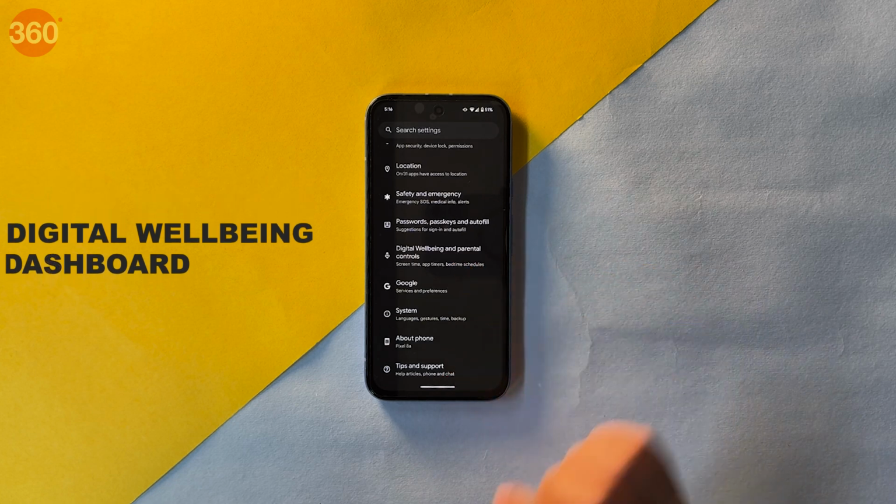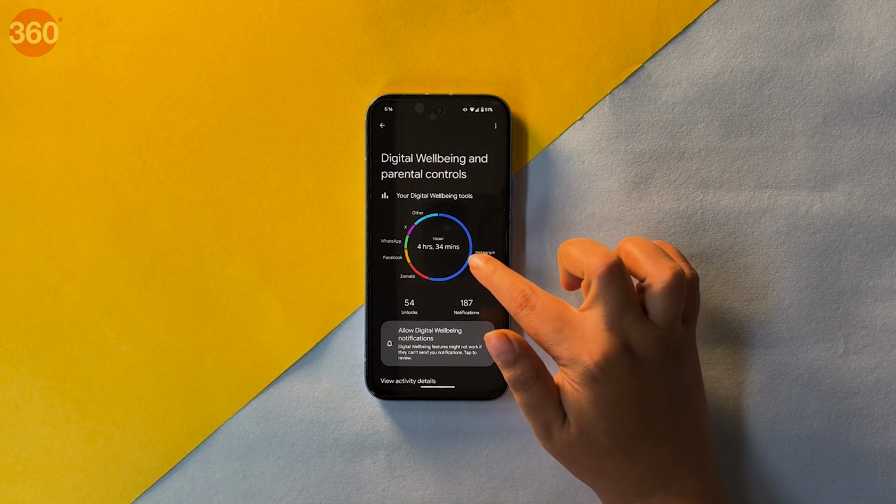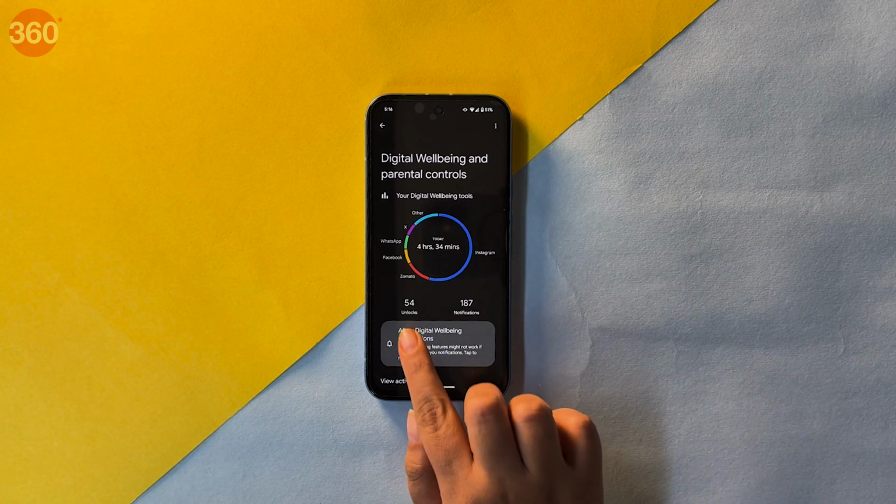In today's digital and fast-paced world, we all spend too much time on our screens. But do you know that there are some digital well-being tools on your Android that can help you manage your time better? Digital Wellbeing Dashboard. Once you open the Digital Wellbeing and Parental Controls option, you see all the apps you open, the screen time